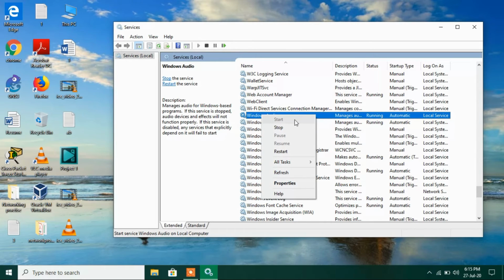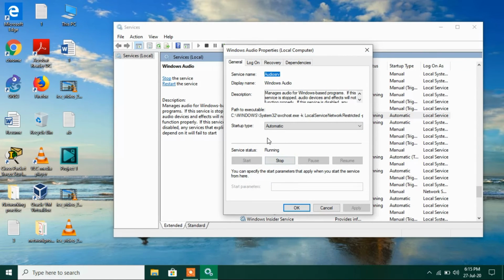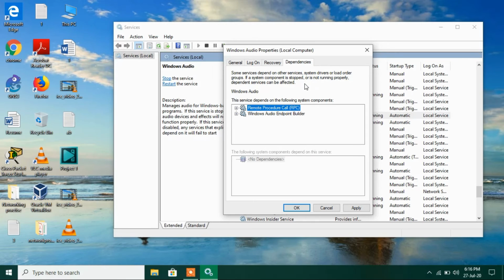Right now the Start option is grayed out, which means that it is started. Now go to Properties and make sure that the startup type is Automatic here. If in your system it is something else, then change it to Automatic and click on Apply and click on OK. After this, go to the Dependencies tab and note down the names of these two services.